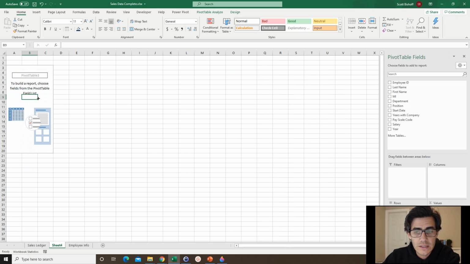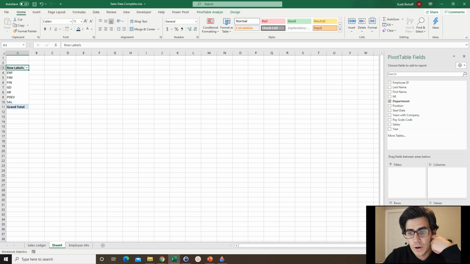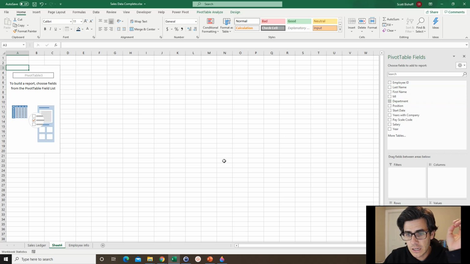Let's go to our pivot table and think about what data we need to answer that question. So which department has the highest and the lowest average salary? With that, we know we want the department. If you just click on this check right there, it will put it into my rows. So you can either check it, and if I uncheck it, it'll disappear,